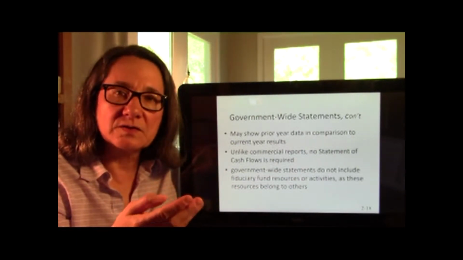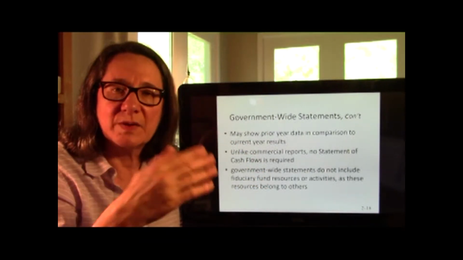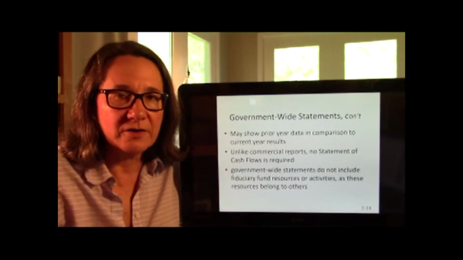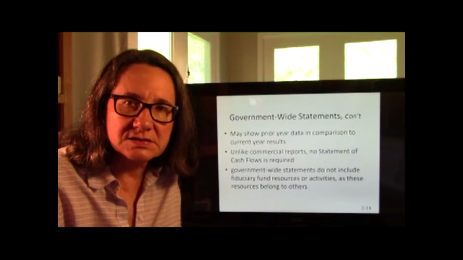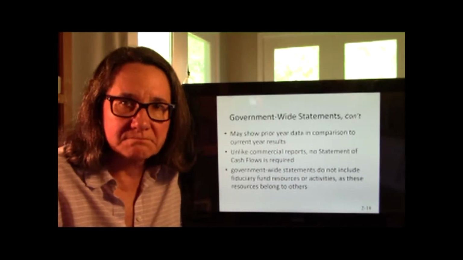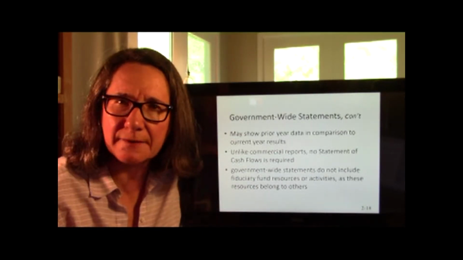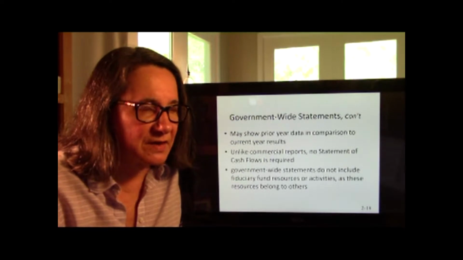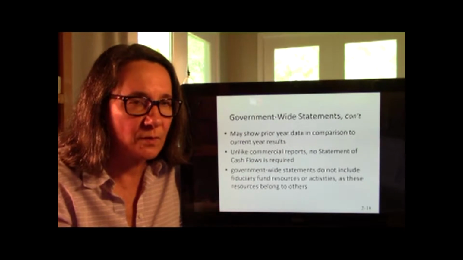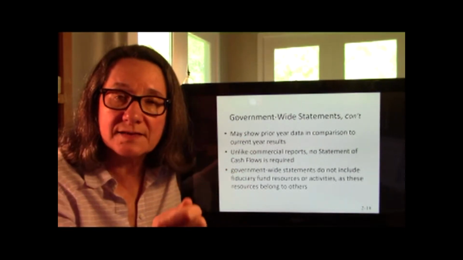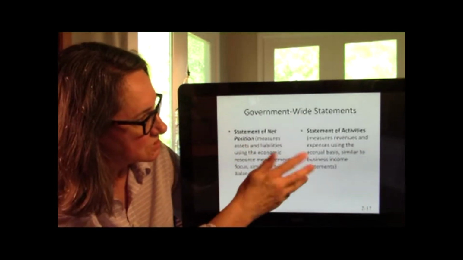Also, on a typical set of financial statements, you will recall there's multiple years. GAAP requires comparative financial statements so I can compare prior years. You don't have to, but a lot of cities and states do show 2 years, something like that. And certainly out in the statistical section, they might show as many as 10. All right. The government-wide does not have a cash flow statement. So a complete set of government-wide statements would just be these two, the net position and statement of activities.